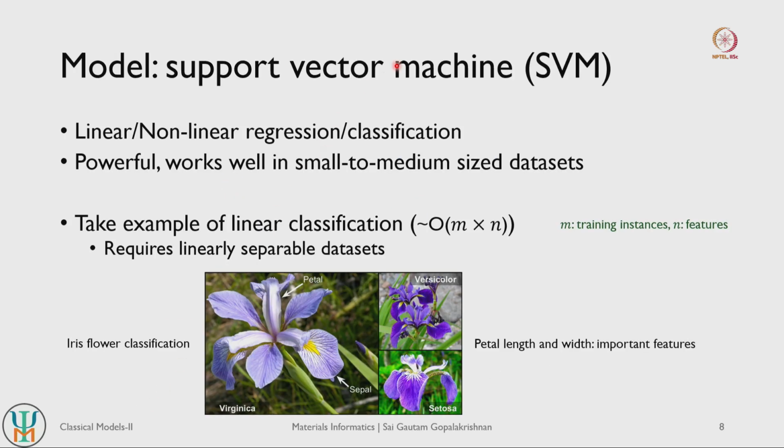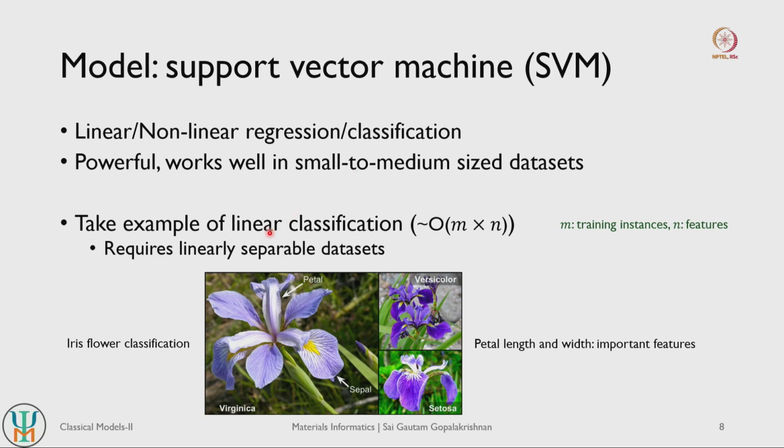Okay. Let us now get to support vector machines, which is once again a different type of classical machine learning model. We have looked at logistic regression, softmax regression, and k nearest neighbors. Support vector machine is another type of classical machine learning model. It can be both linear or non-linear, and it can do both regression and classification tasks. Support vector machines are powerful models and work well on small to medium sized data sets. For very large data sets, the model can take quite a bit of time to fit, and also for prediction tasks.